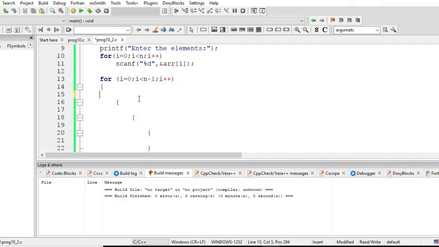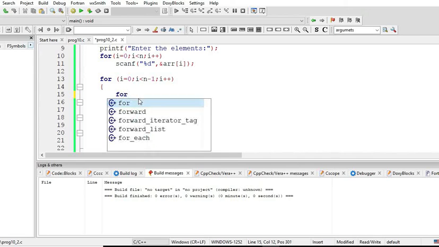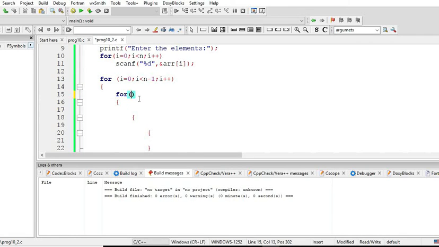Now the second loop will iterate from the I plus 1th position to the nth position, so n minus 1th position actually, because the array starts with 0.